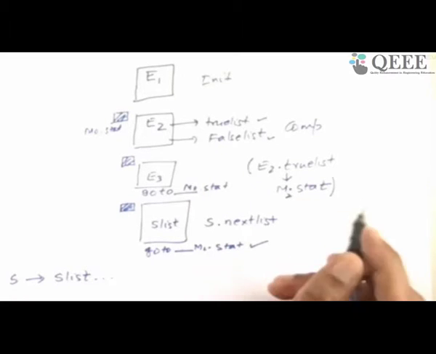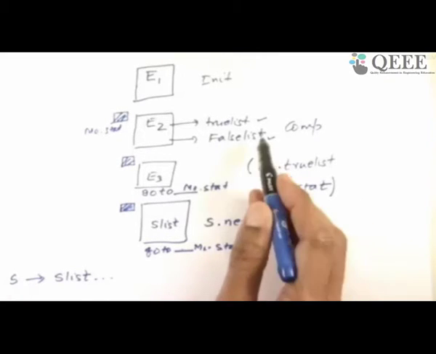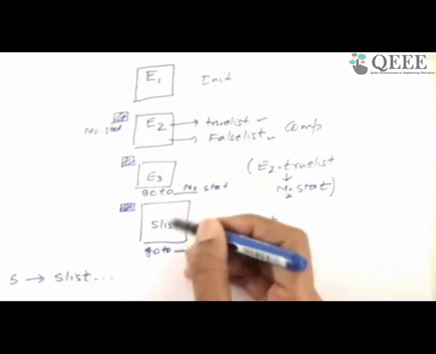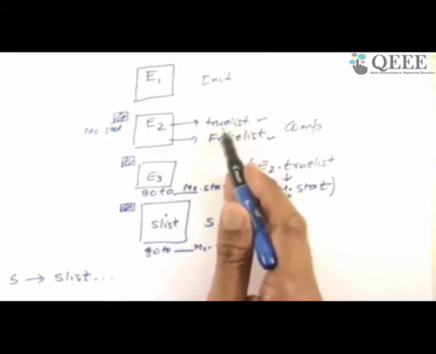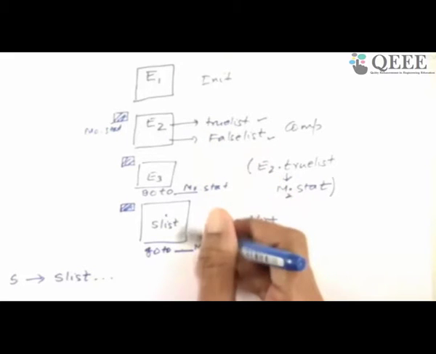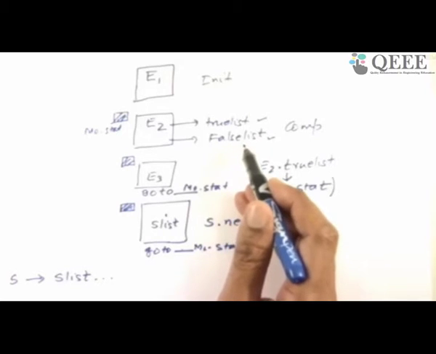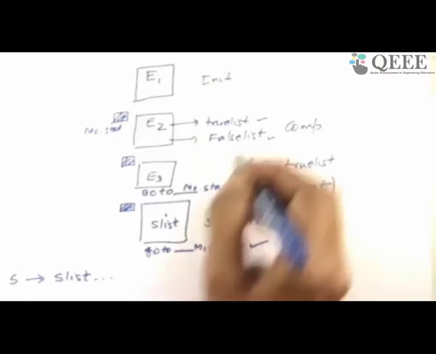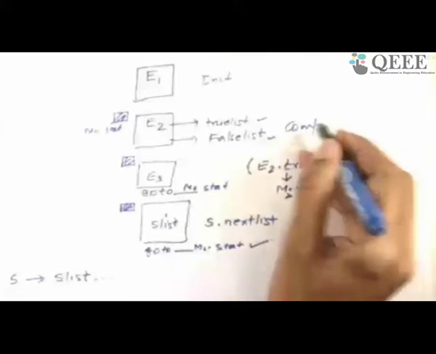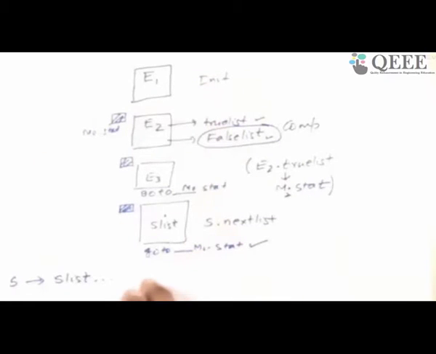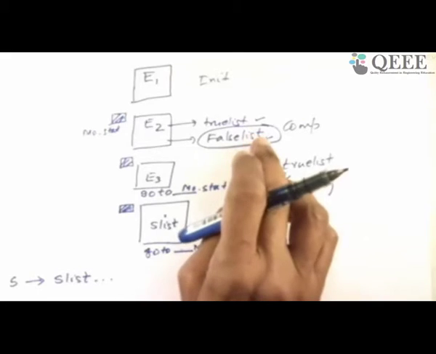Is it correct? So after comparison, observe it is not directly flowing through. If it is true, it is jumping over here because this is incomplete. So if the expression is true, I start doing S list. If the expression is false, I don't know what to do, because this should go out of the loop. So this is incomplete, which I don't know. Even after the whole statement is over, unless I see the next statement after the for loop, I do not know where to go. So this will remain incomplete.